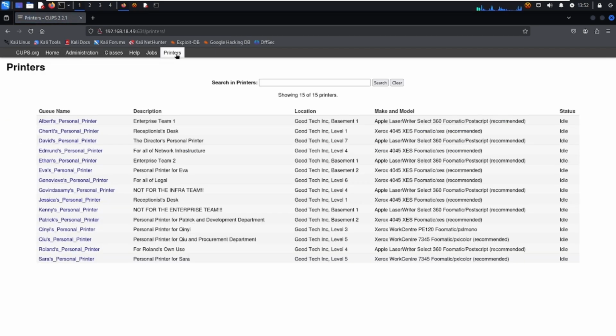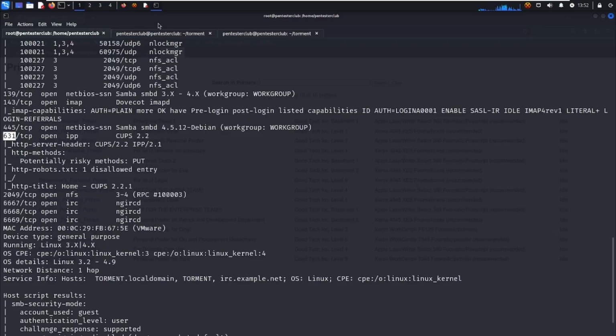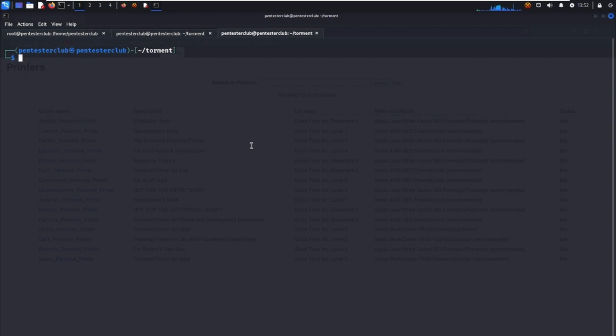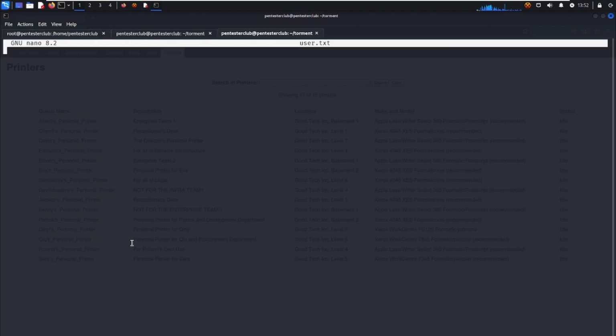So we would like to look at the printers. Where you have seen here as Goodtech Inc, we have somewhat important usernames. So let me write here as username. Let's just come back here. I would like to utilize here. So just type clear. Now we would like to read from here. Now just type here nano user.txt. That's correct. Now write the usernames: one is Albert, another one is